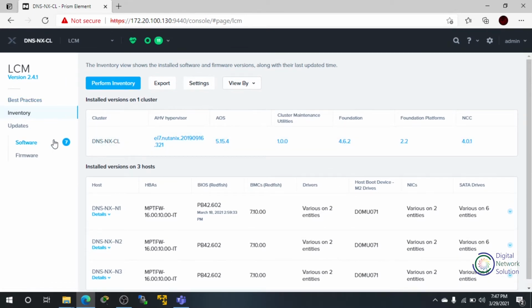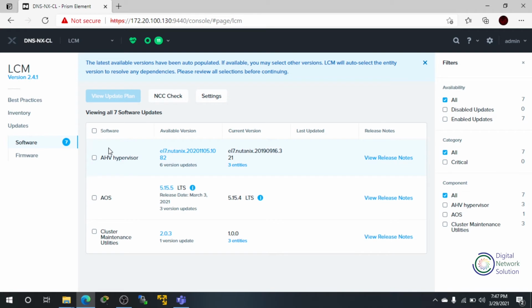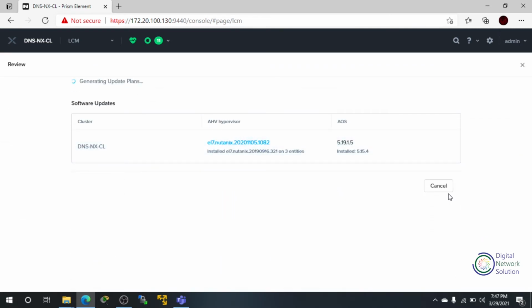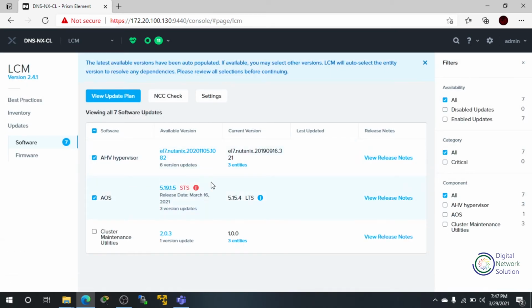The software it is recommending is this one for hypervisor AHV, this for AOS, and this for cluster maintenance utilities. All you need to do is click and then view the update plan, and we can set an update on the plan. I'll cancel this for now. There is a short-term release, as it's marked with an exclamation.